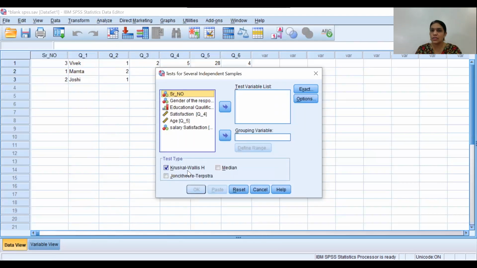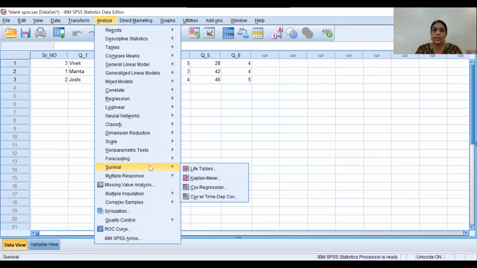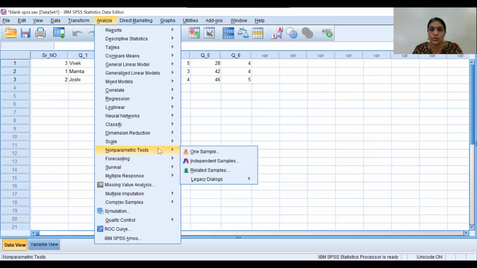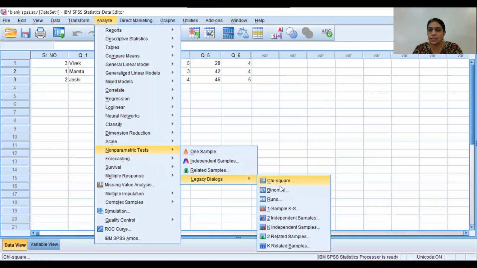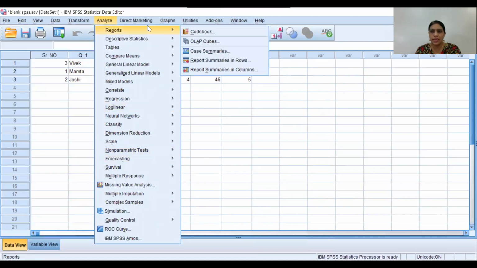See Kruskal-Wallis test. Okay, so for non-parametric, if you want to check the assumptions, like whether the data is normally distributed or whether the data follows randomness or not, you can also use the non-parametric statistics. See here, one sample case test. The one sample test is used for checking the normality, and the run test is used for checking the randomness of the data. So using the non-parametric test option, the assumption test is also carried out. Run test and normality can be done with this. So these are the various options available under SPSS.